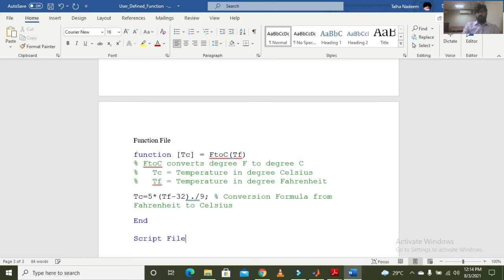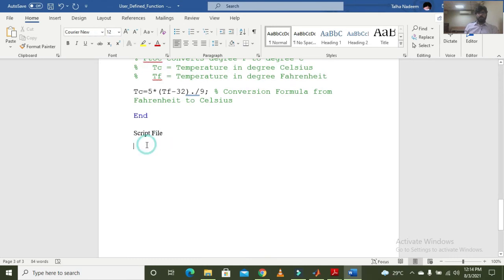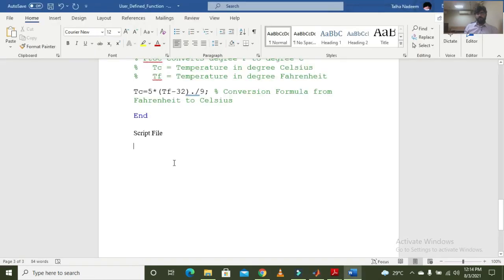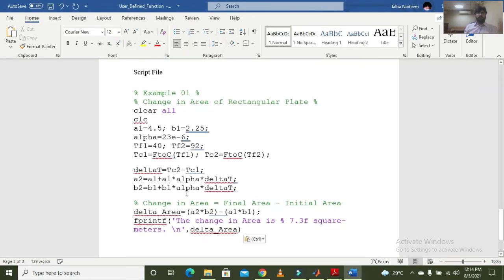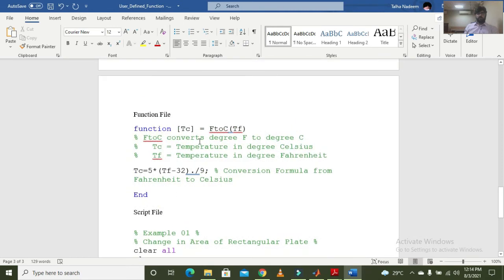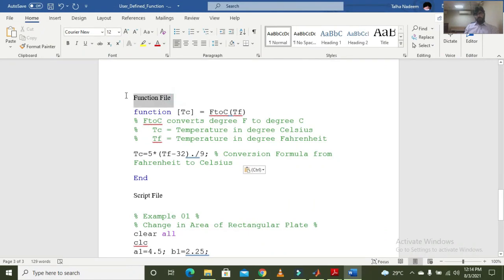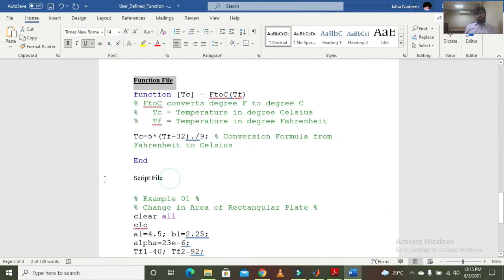Then give the heading of the script file. And in the script file, whatever you have written over here, you will be mentioning there. So this will be the solution for your question. The function file will come first, and then the script file.